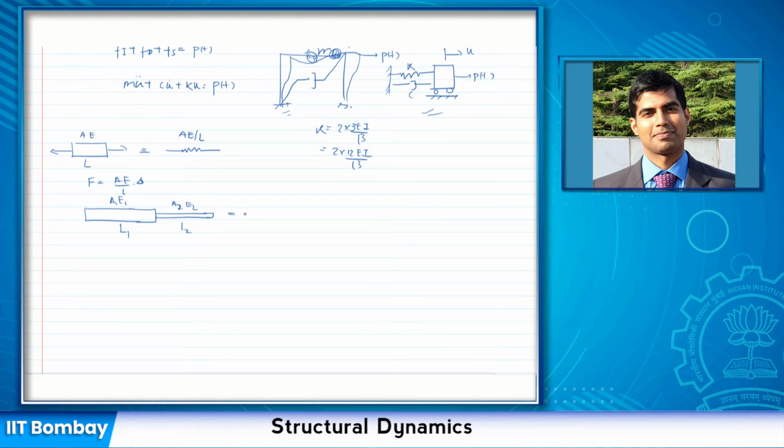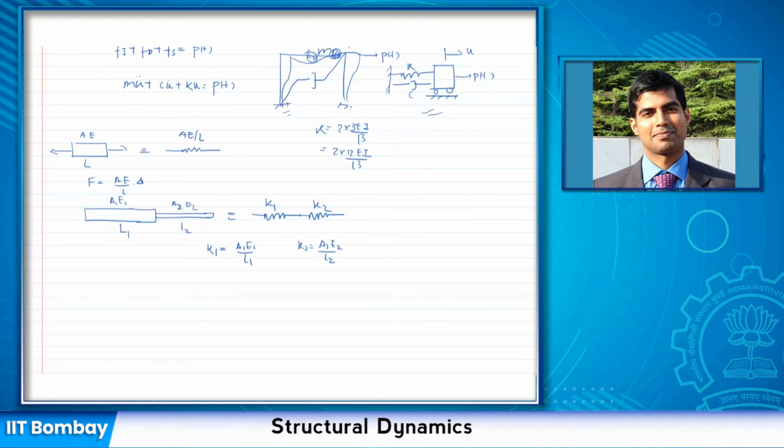Can I say this, I can approximate with two springs that are connected like this, with this one as K1 and K2, where I can write K1 as A1 E1 by L1, and K2 as A2 E2 by L2. And you will see that in many cases you would encounter something like this. So this was a beam connected to a beam, right? You could have a beam connected to a spring, or you could have multiple springs connected in a certain fashion, and then you need to find out the resultant stiffness of the arrangement, right?